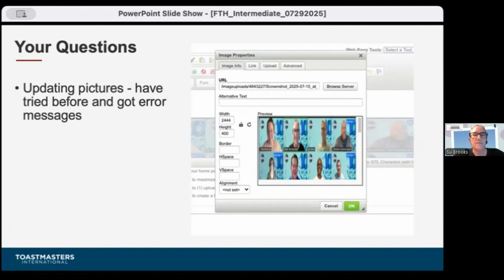That would be dot JPG or JPEG. That would help you make sure that you have the correct file format, because if it is not the right file format, it will not accept it. And that could be one of the reasons. So you might want to take a look at the file format and see if that works.